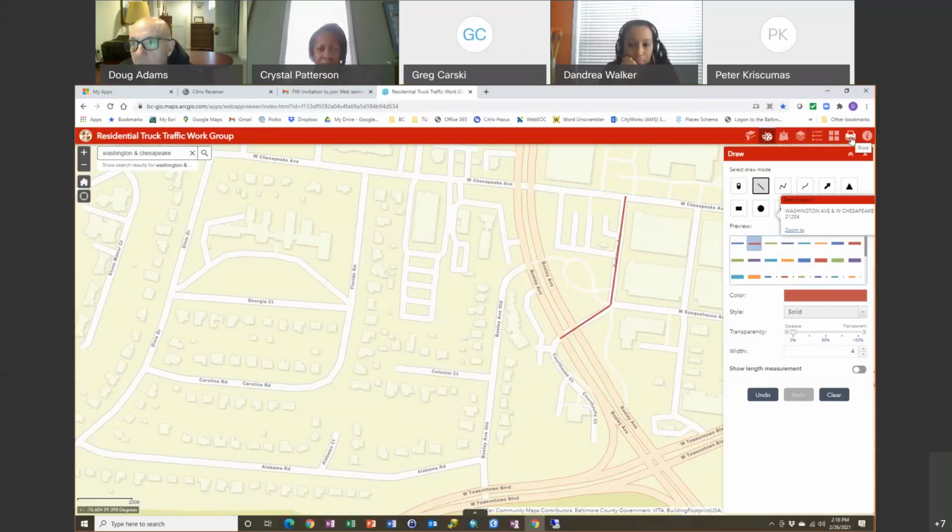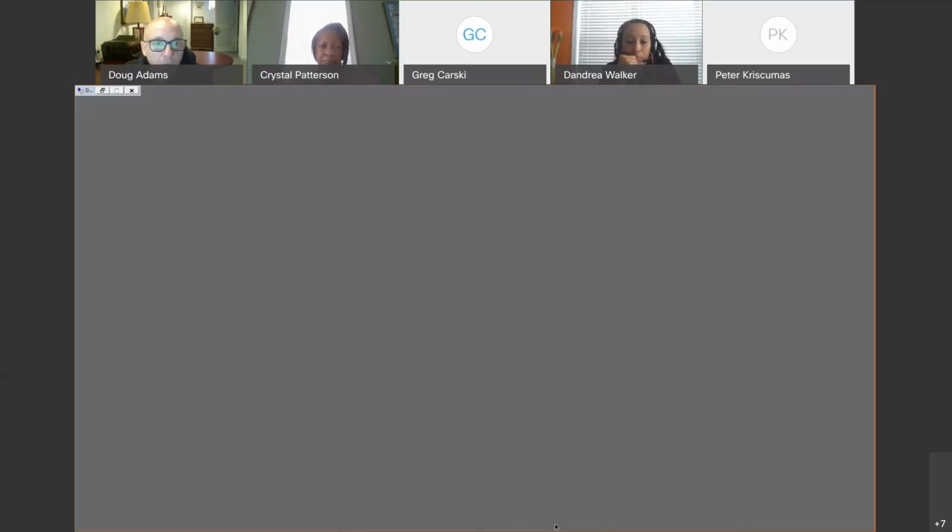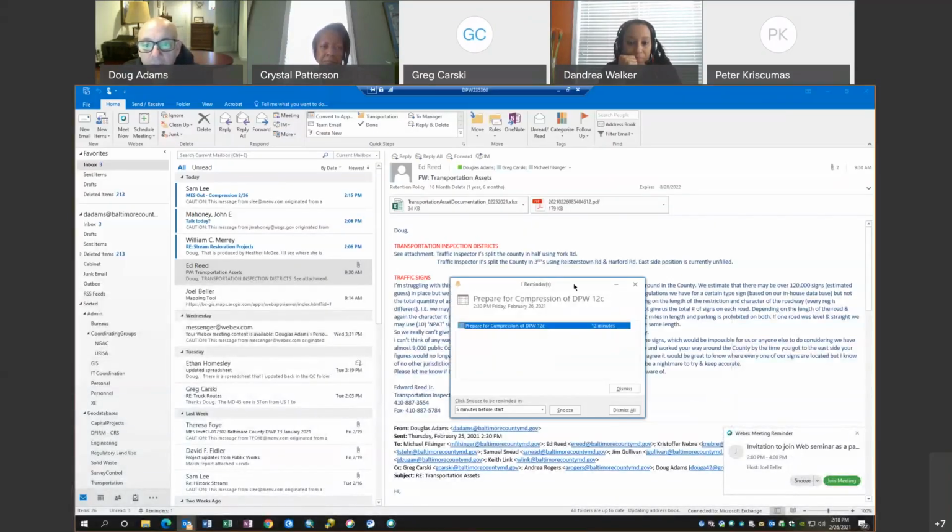There is a print button that allows you to print locally. There is a button here to change the base map, so if you want to see imagery or something like that. And you actually also can put bookmarks in here. So if you wanted to do a one-on-one WebEx with me, you could create some bookmarks, and then we could wander through that as we went on. So does anyone have any questions about the application? Okay, so have fun playing with that.